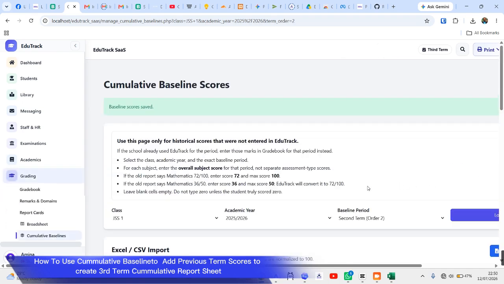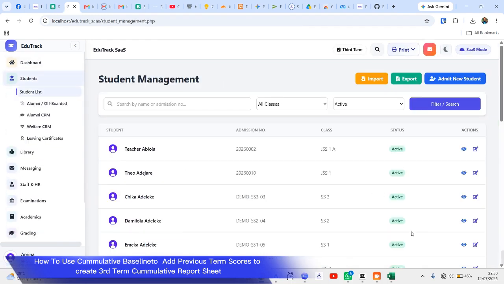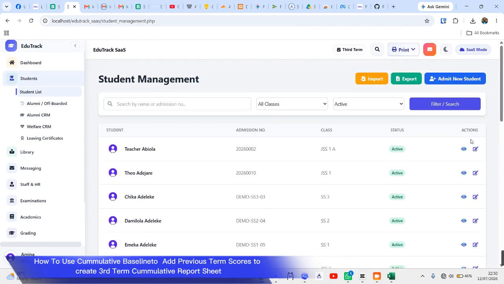And I've said it over and over again. Please, any student that is no longer in your school, you need to archive the name or delete the name, or just come over here, student list. Let's say one of the students is no longer in the school, so that it does not have impact on your report sheets. So I would advise that you just